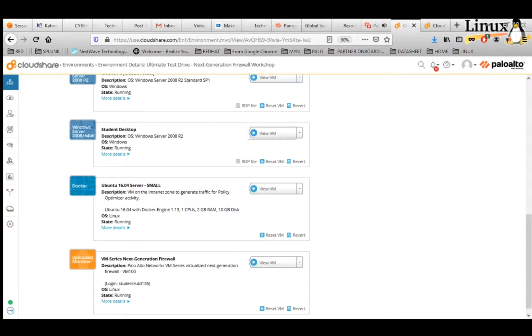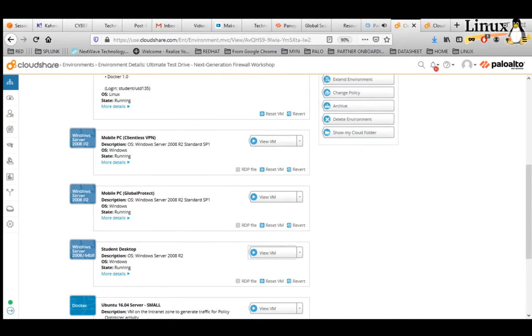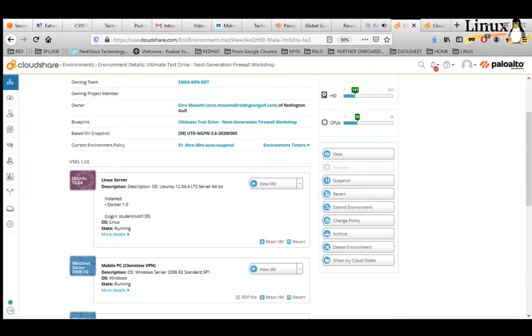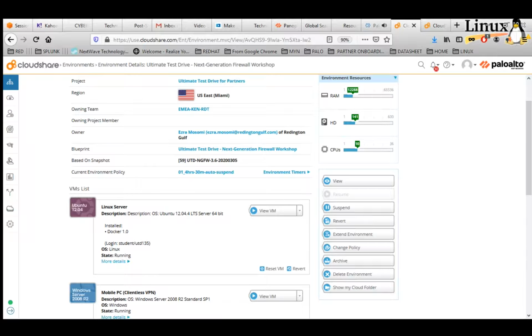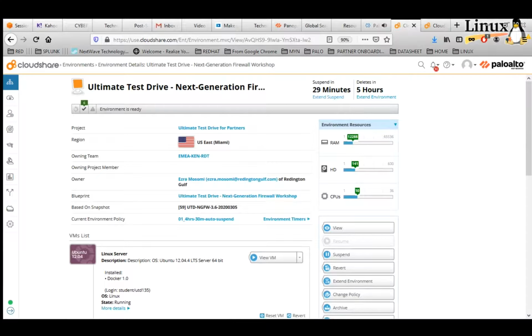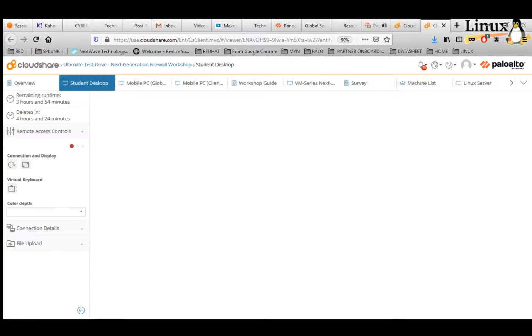We've got the VM series of the next generation firewall, which is VM 100 that we'll be using. From the interface level, the look and feel and the features will be totally the same as if you're running on the hardware. We normally use this virtual machine series to secure the cloud, both public cloud and also the local or private cloud in your environment, right?